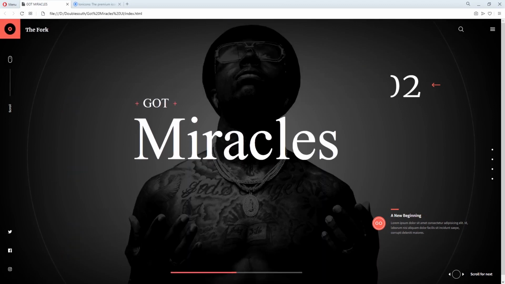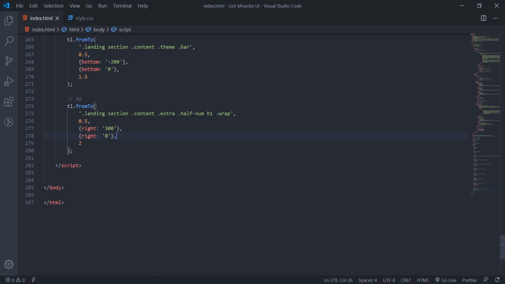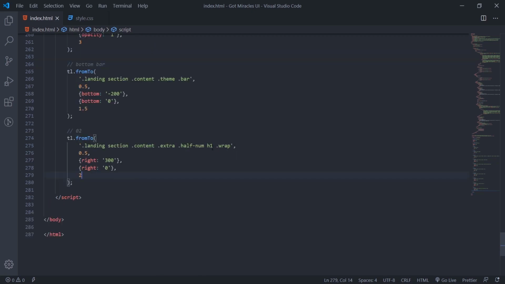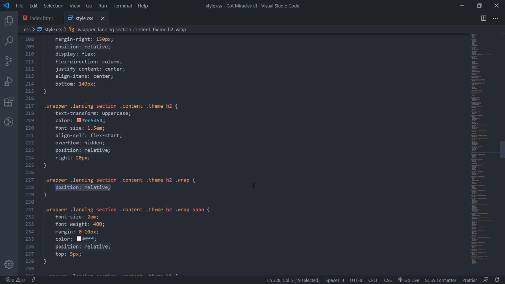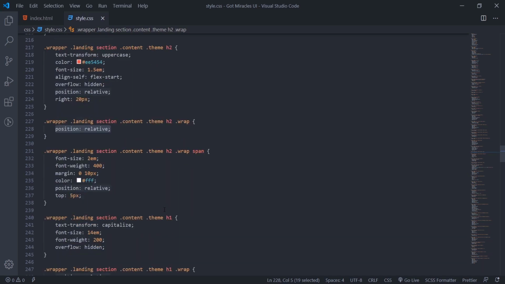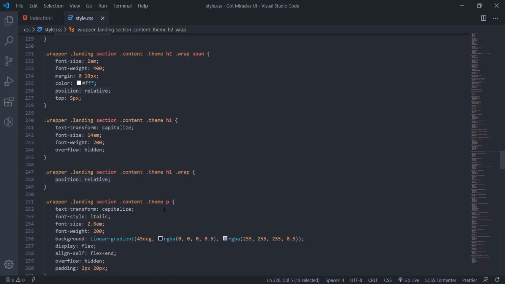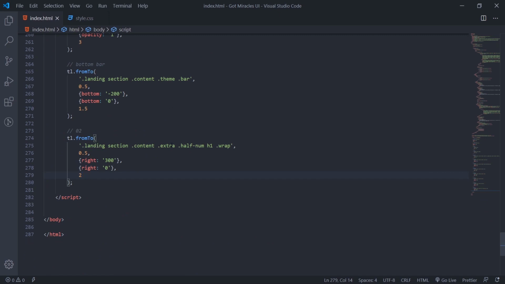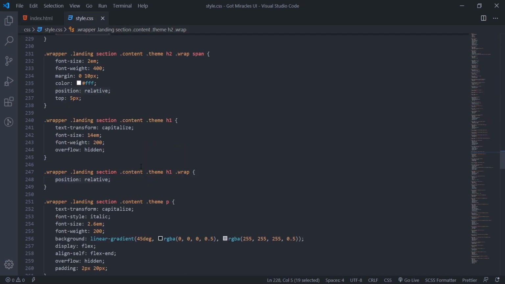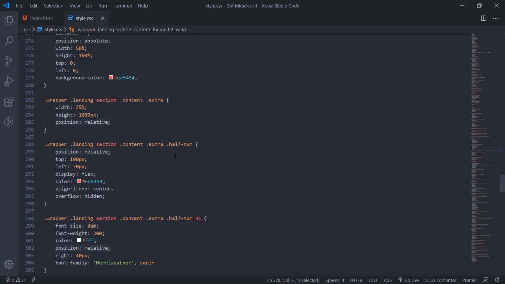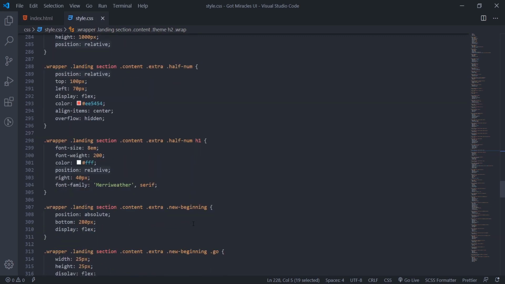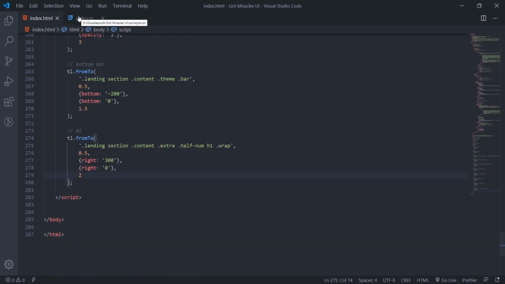You see, I never targeted this anywhere. We'll see again. Landing section content extra half norm each one dot wrap. So I must check the CSS now for this each one dot wrap, whether we gave it a position.